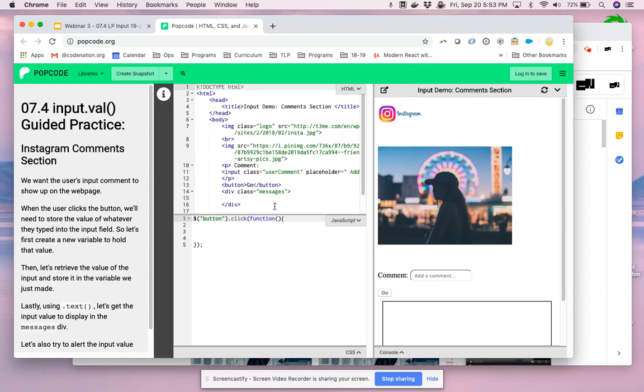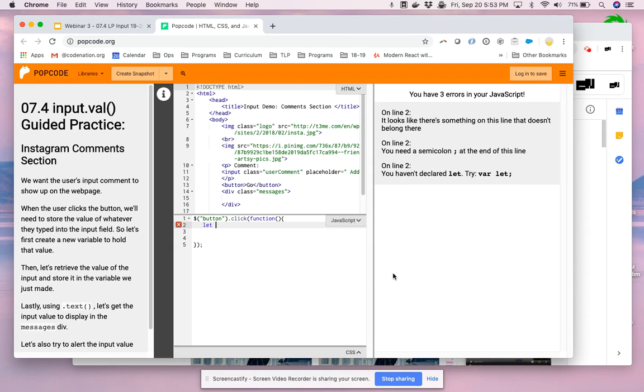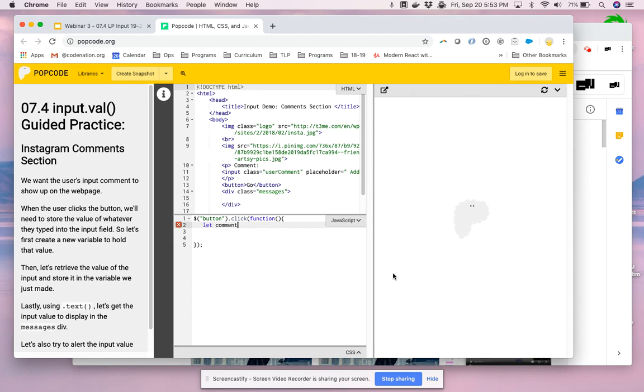All right, so if we want the user's input comment to show up on the web page, then when the user clicks the button that's already there, the first thing we need to do is store the value of what's typed in the input box. So we'll say let, we can say comment. Let comment equals